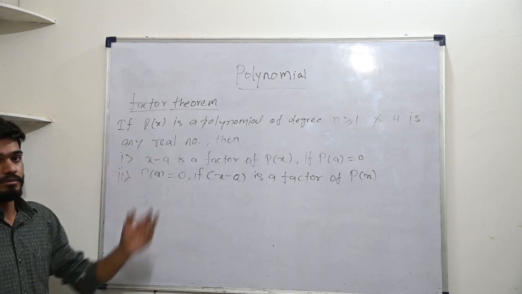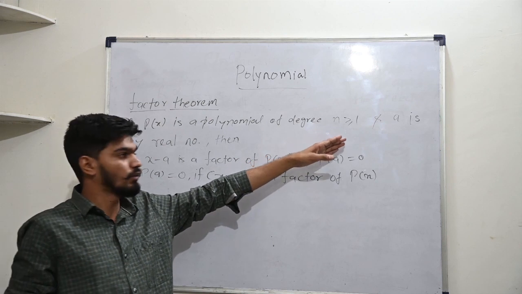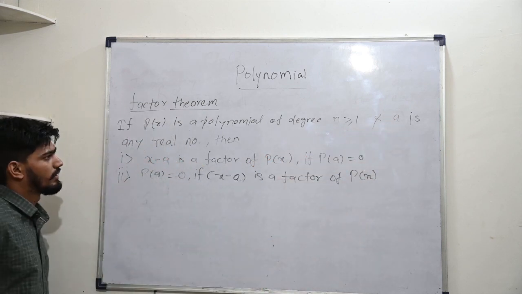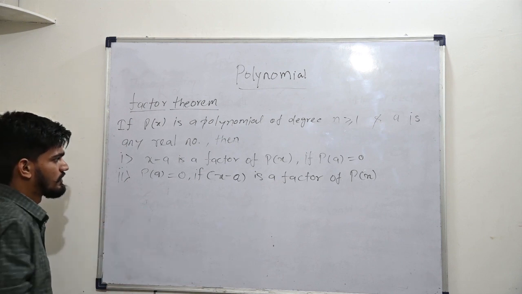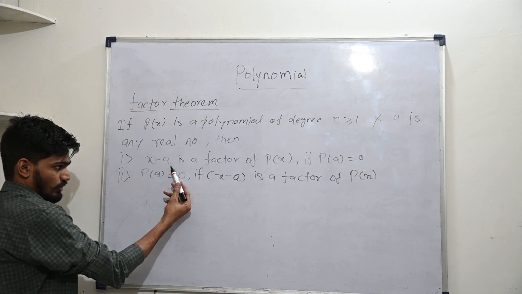We'll see the factor theorem now. If P(x) is a polynomial of degree n greater than or equal to 1, and a is any real number, then we have to prove that x minus a is a factor of P(x)